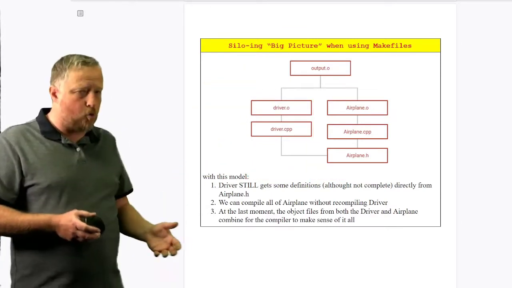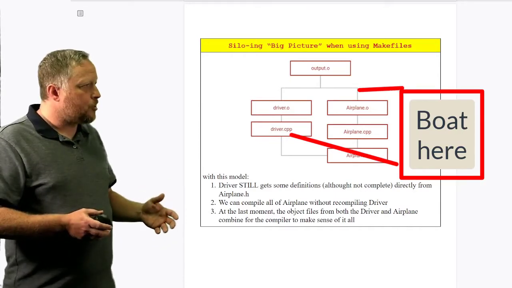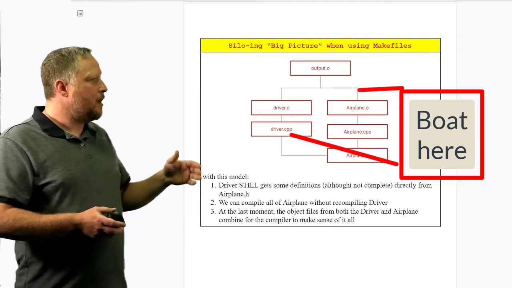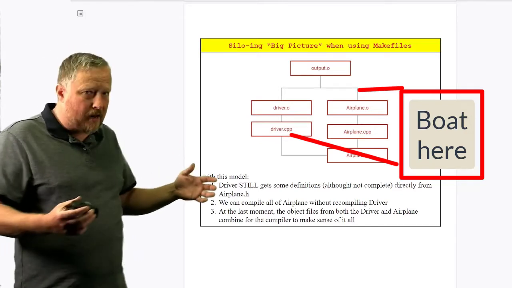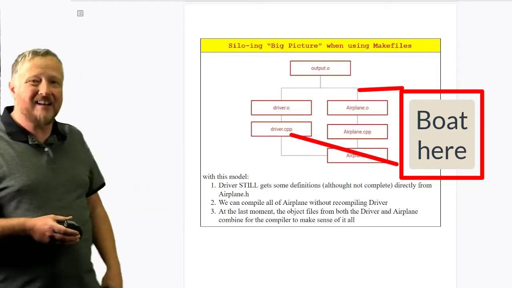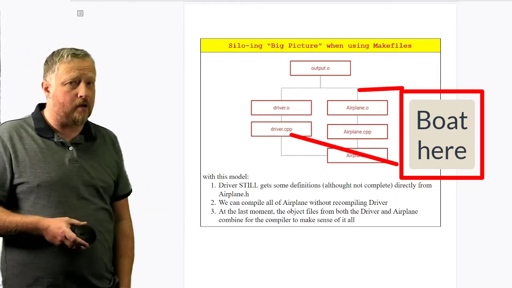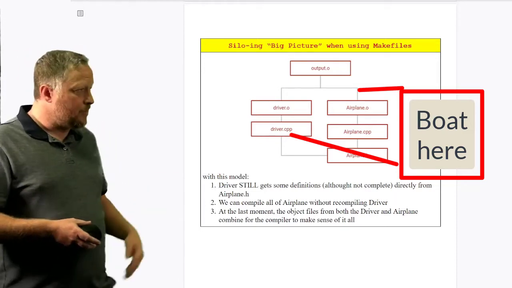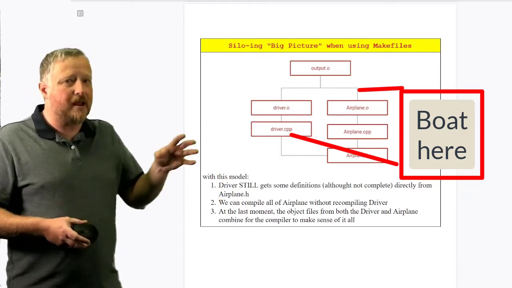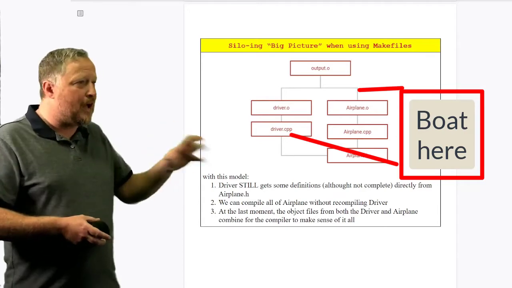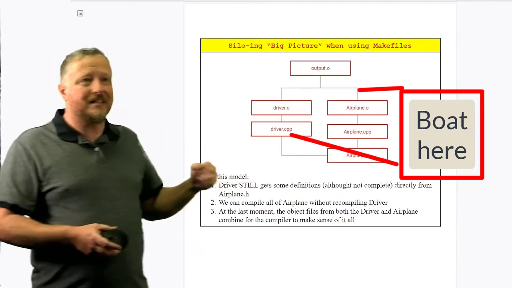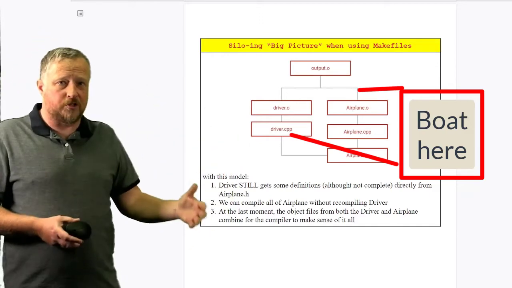Again, if I had boat, you're going to see lines start showing up here. Boat would have its .h, boat would have its own CPP, boat would have its own object, and then finally get merged at the very end. But notice that driver also would now have another include to the header file of boat. Because inside the Makefile, we would have to make sure that we have a boat.o and that it's compiled by using the boat.cpp, which includes the .h of boat,